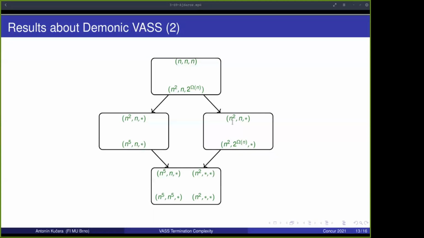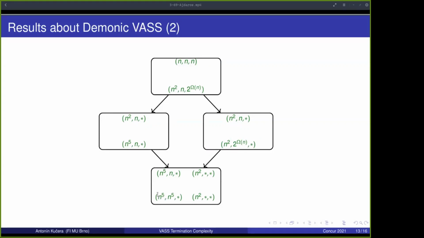Also observe that different paths in this dag may produce different vectors of initial counter values, and we need to analyze each of the vectors independently. And in general, the total number of such initial vectors can be exponential, so computing the whole structure takes exponential time. Still, if we wish to decide whether the asymptotic value of, let's say, the first counter is at least